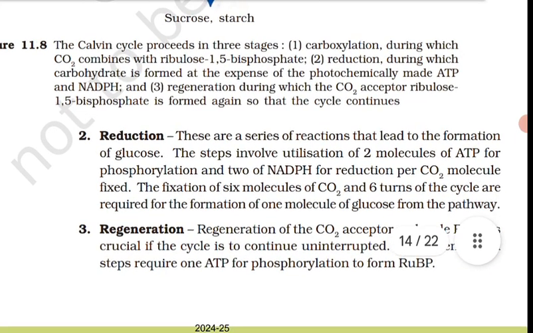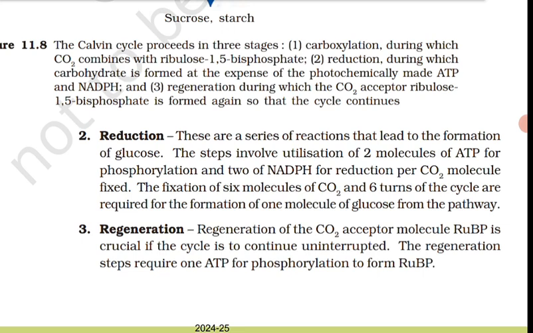Now we are reading the second point, reduction. These are a series of reactions that lead to the formation of glucose. The step involves utilization of two molecules of ATP for phosphorylation and 2 of NADPH for reduction per CO2 molecule